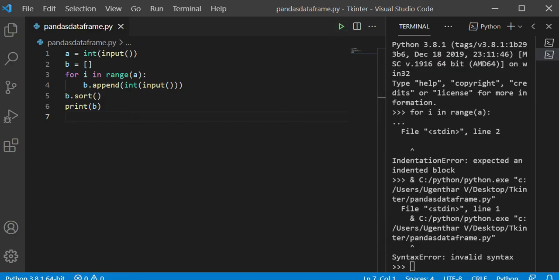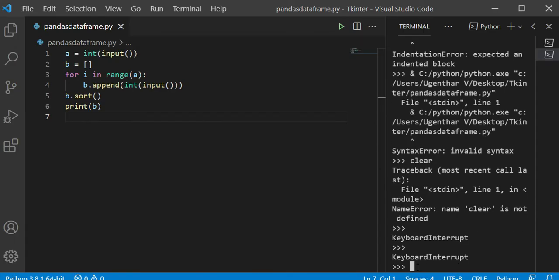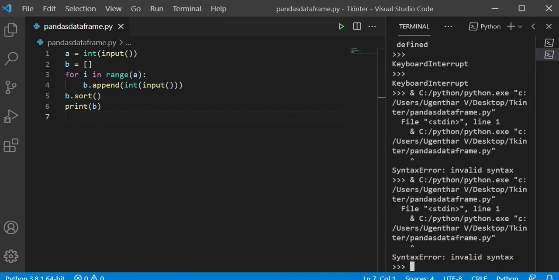They have given invalid syntax like this. Clear. Here some invalid syntax has happened, like int of input, int of input for i in range of a.